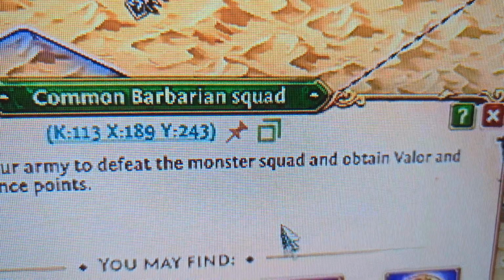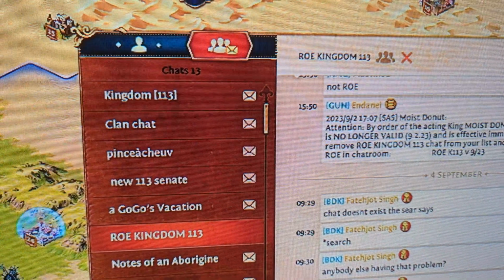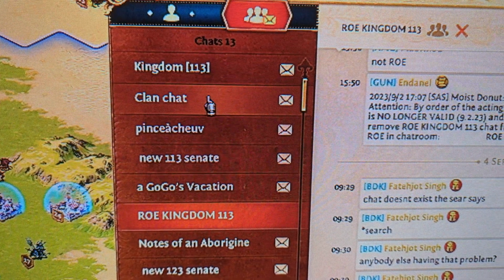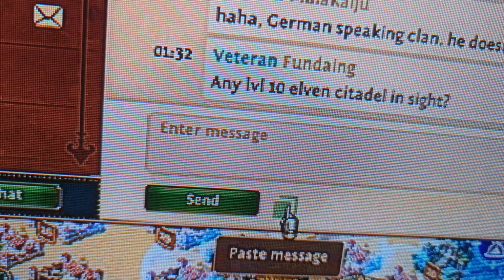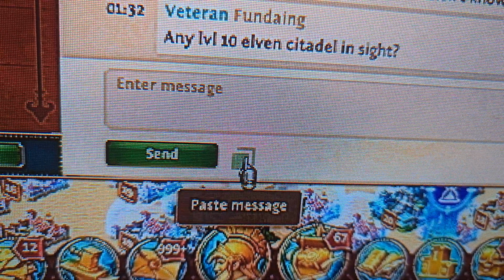So if I click this, and then I go down to the chat area, let's say that I'm going to talk to different people in my clan. So you click on this right here, and it'll copy whatever the last thing was that you meant to copy